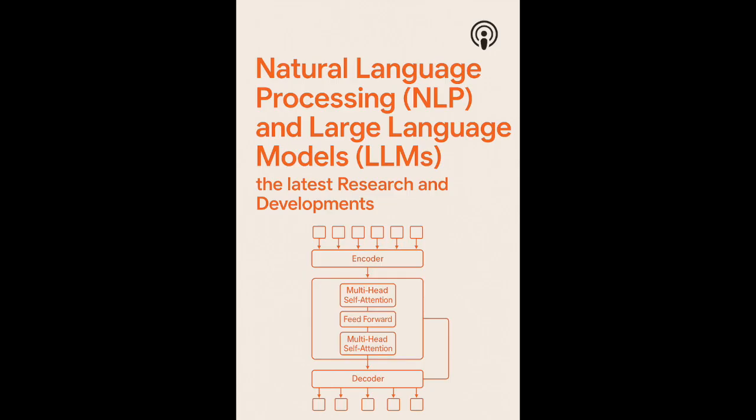Exactly. And importantly, you typically still use the standard language model loss, predicting the next word, but only on the response part of the examples. You're teaching it, given this instruction, this is the kind of text you should generate next. Is this expensive compared to pre-training? Oh, much, much cheaper. It's a tiny fraction of the computational cost, maybe just a few epochs on this much smaller curated data set. But the goal isn't just to memorize these specific instructions. It's to learn the general skill of following instructions.